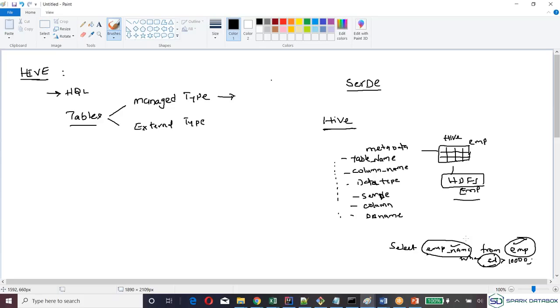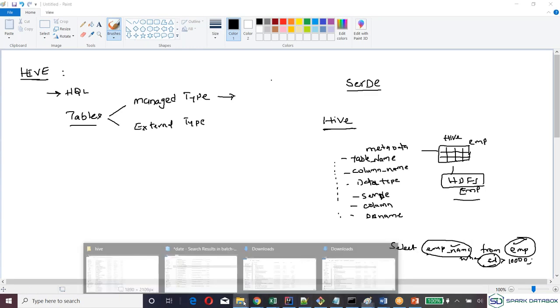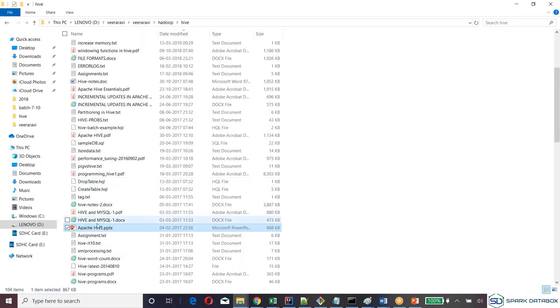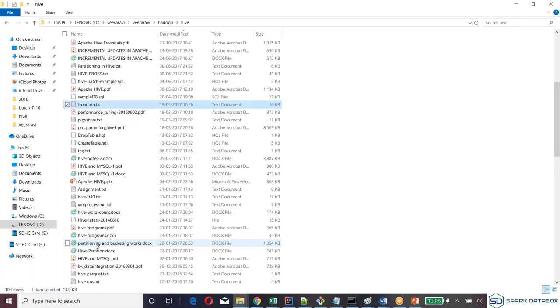I'm talking with respect to HDFS. HDFS is just a plain flat file, like this file. Suppose I go to a directory here and there is a file like this. In this file, how will I know which is the employee, which is the text, or which is the salary? You're getting my point, what I'm trying to explain?